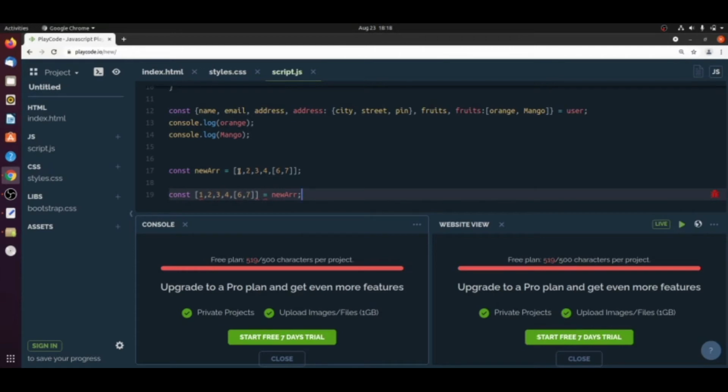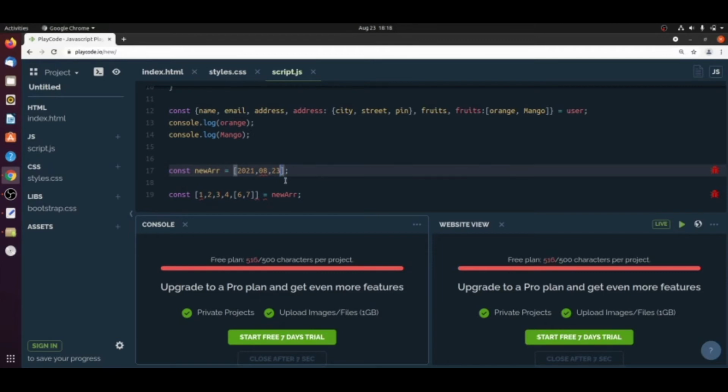This is a bit confusing. I'm taking one new array, let's say 2021, 08, and let's say 23rd.